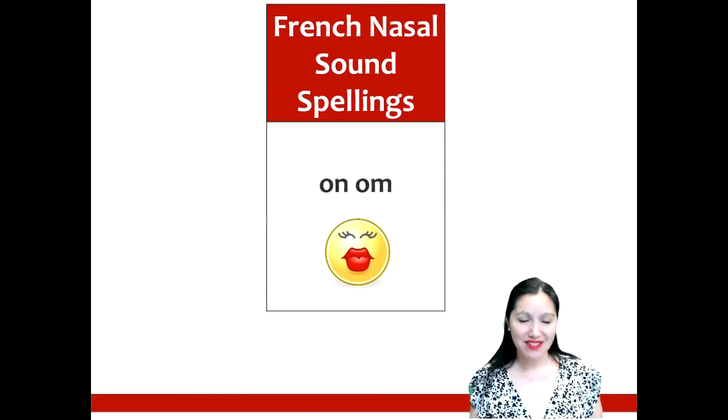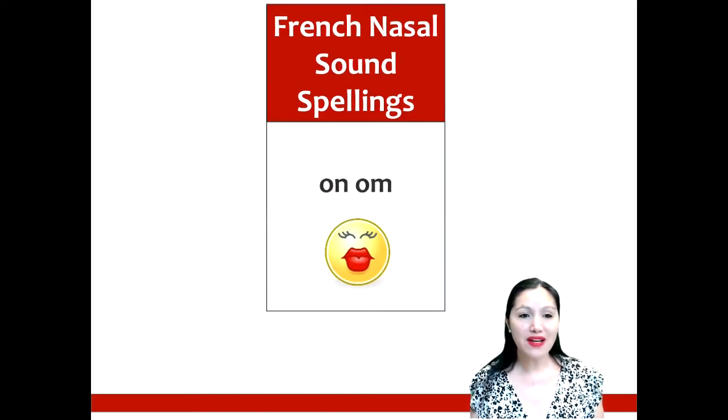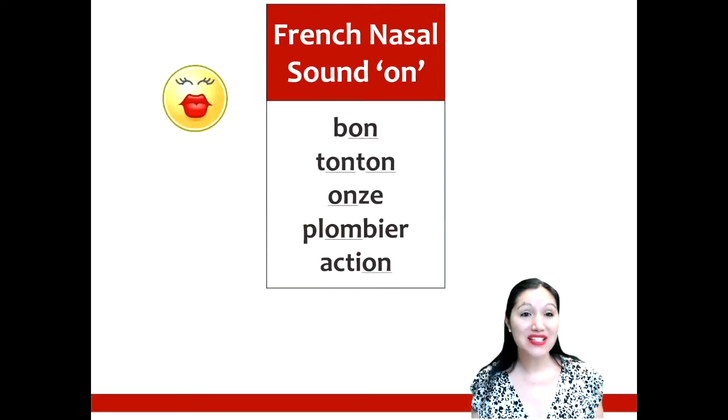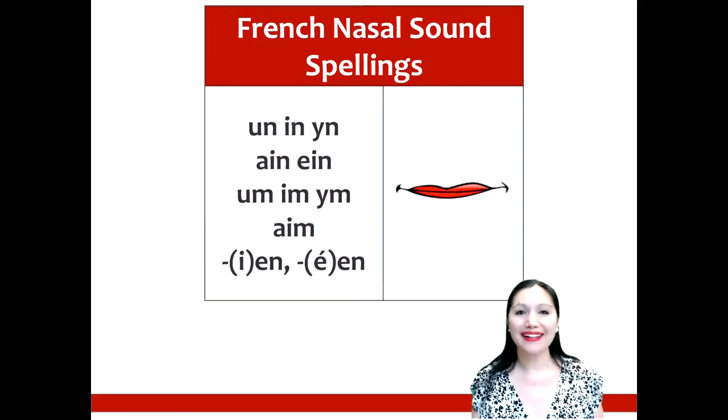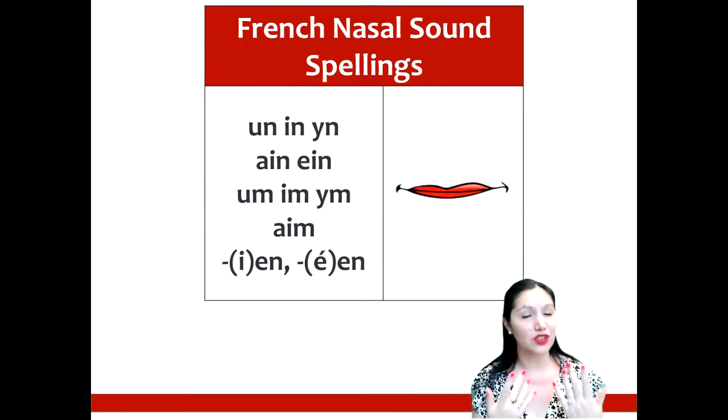The nasal sounds, the first one is going to be spelled either O-N or O-M, and we need on. And we see it in words like bon, tonton, onze, plombier, action. Spellings for the third one are the most numerous. You've got to be really good at spotting it in different words. And if these letter combinations are in the same syllable, you can make this sound. Remember the lip movement. Un,